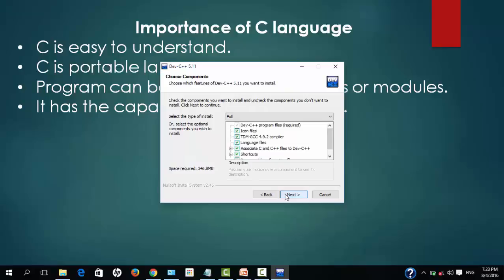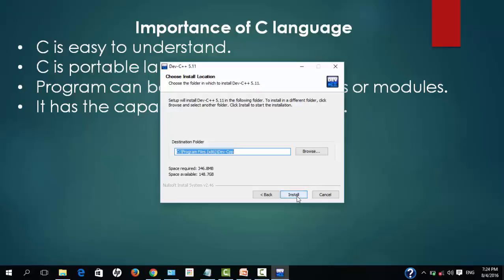Then you will be prompted with the custom installation types. There are various installation types which you can see here on the drop down menu. The first one will be your full installation or your minimal installation, safe and custom installations. Various installation options provide you with the various options. I am going again with the full installation here. Click on next